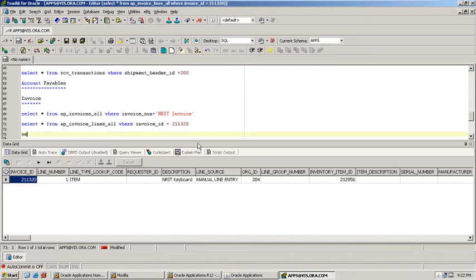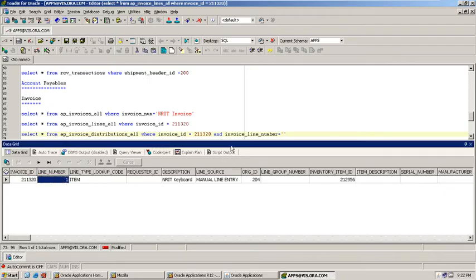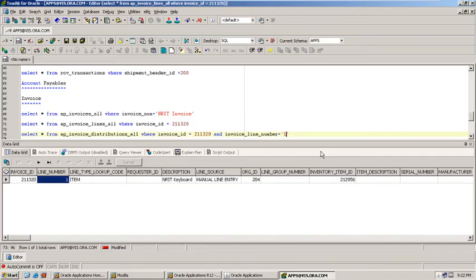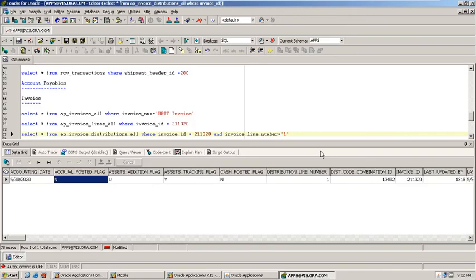Now the distribution details will be stored into AP invoice distributions all, where invoice ID and invoice line number equal to, what is the invoice line number? 1. Done.